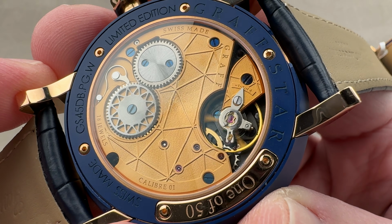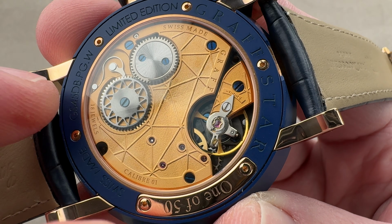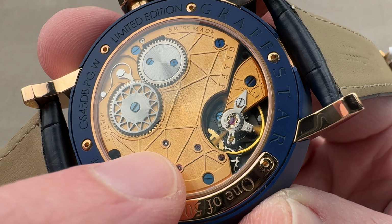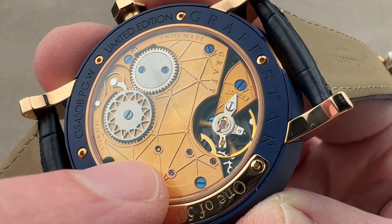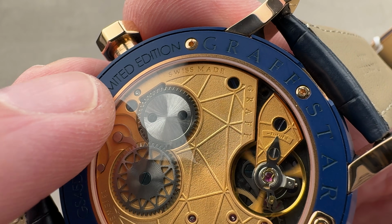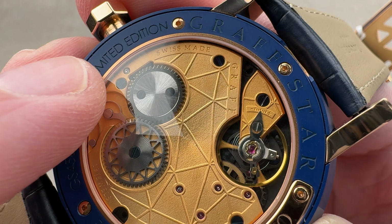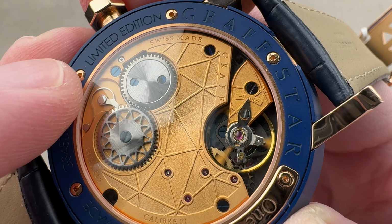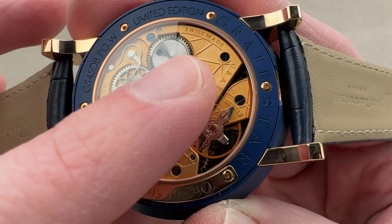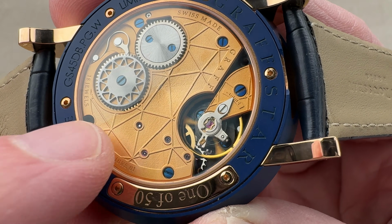When I first saw this, my initial instinct was, oh, it's some sort of 6497, but it's not really. It's smaller in diameter. The train is remarkably different. The beat rate at 4 hertz is all wrong. And if you look at the crown release, you can see that it's actually a spring-loaded push button rather than the retaining screw conventionally used on a 6497, all of which means there's just too many changes here for this to have ever been a 6497 or 98, especially the change of the train, because redesigning a train